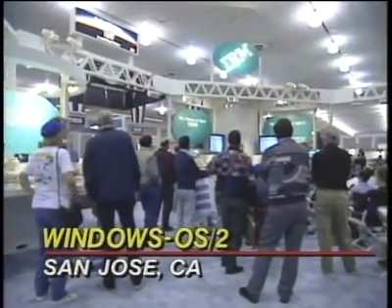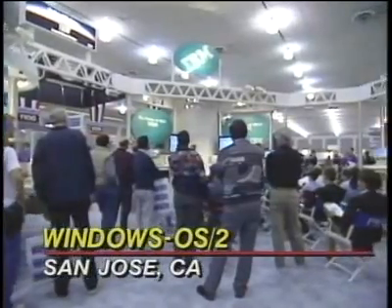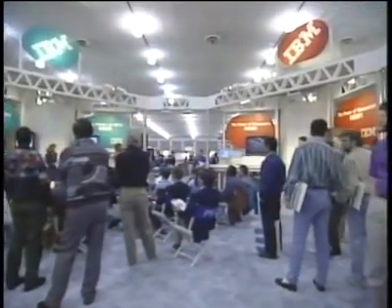Okay, today we are going to look at IBM's OS/2 operating system to see its features and to help you figure out if it's a platform that makes sense for the kind of work you do. One of the big issues for any operating system is how much support there is out in the software development community. To check out OS/2 support, let's go back to the Windows OS/2 Expo being held at the San Jose Convention Center. IBM currently lists 1,200 applications developed specifically for OS/2, but many of those are aimed at small, vertical